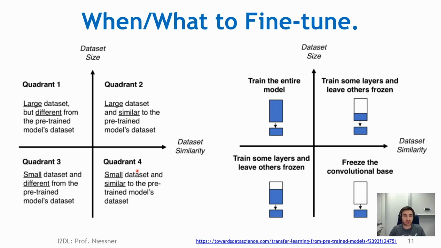All right, with this slide, I quickly want to show you when and what to fine-tune in a network when we do transfer learning. So here on the left-hand side, we have a diagram with two axes regarding the dataset similarity between the pre-trained and our current dataset, and also the axis about the dataset size itself. On the right-hand side, we have the same setup, and here we see different models